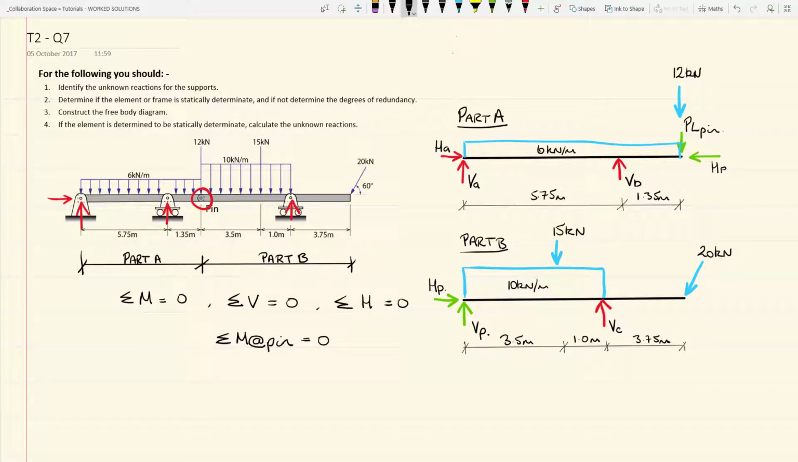We now have our free body diagrams, one for part A and one for part B of the beam. Before we go any further, there are three assumptions that we are going to make. Firstly,